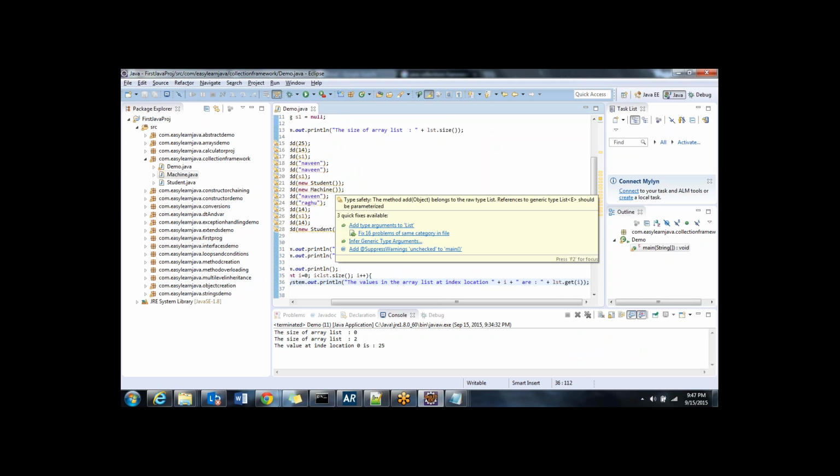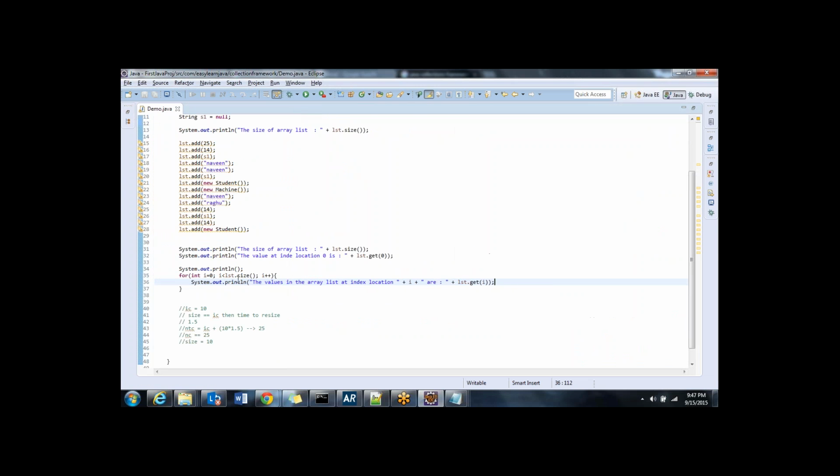Please let me know if you don't understand this syntax that I've written right now. The values in the array list at index location, why I wrote i is because it prints the index location 0, 1, 2, 3. And now if I want to print the values in this array list, all I do is take this variable name lst dot get of i. Initially when the i value is 0, it prints lst dot get of 0, then lst dot get of 1, then lst dot get of 2, like that. That is what it prints. So now if I run this